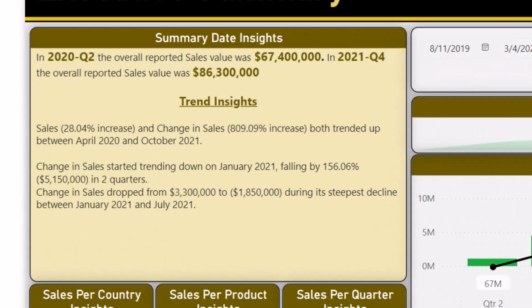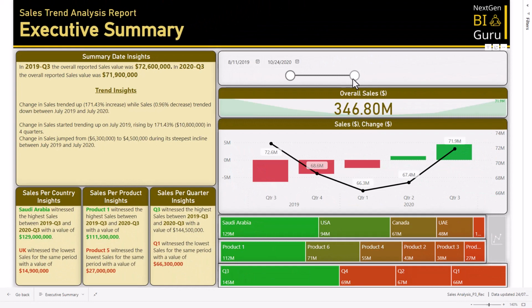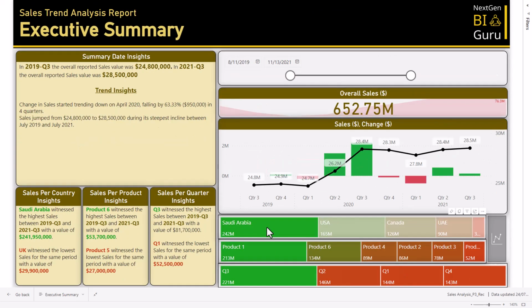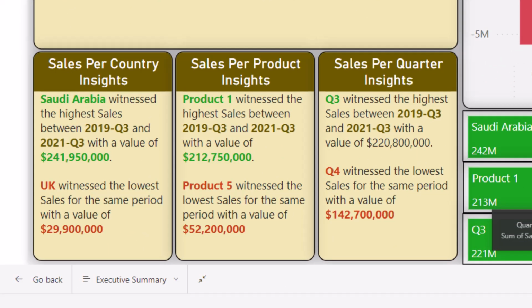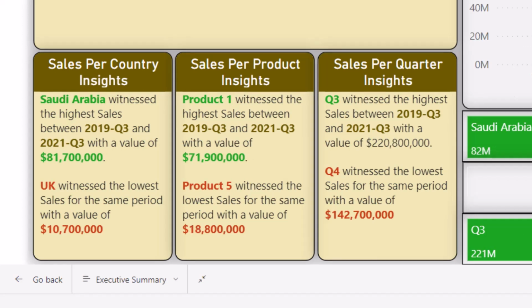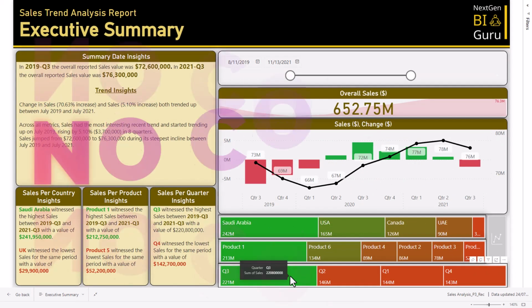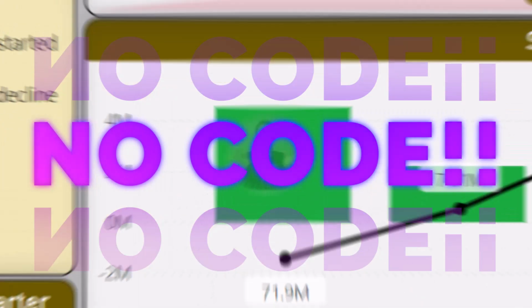Hi guys, today we'll see how to integrate automated insights to your Power BI dashboard. They will get automatically regenerated in response to filters within your dashboard. Also, we'll use dynamic values generated using natural language. The great news is we'll develop all of this without using coding or docs.